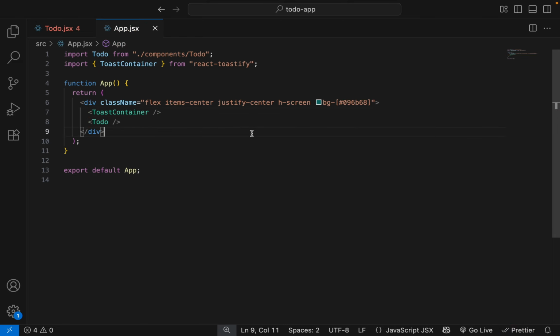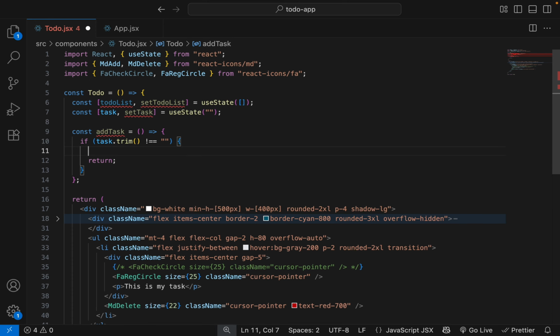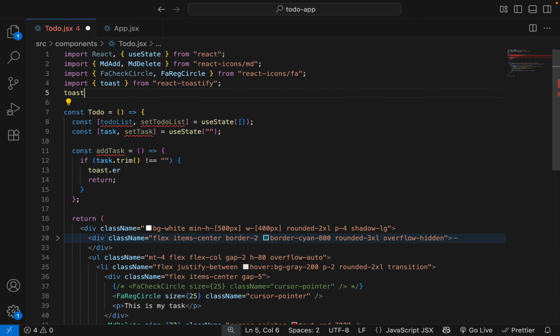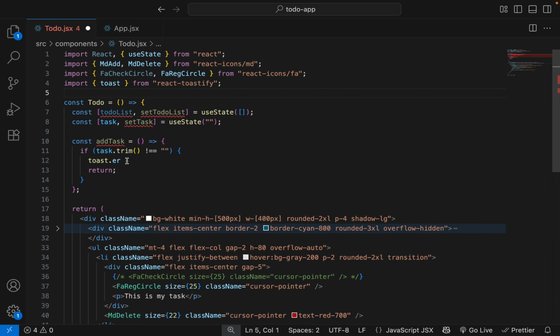So our toast container is added. Now let's add this here inside add task function. Let's import first, add a message.